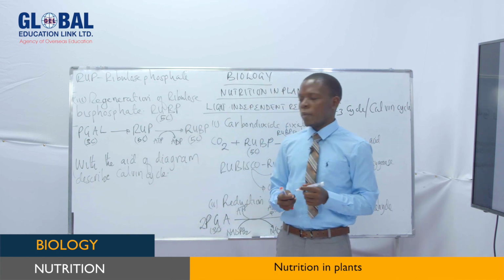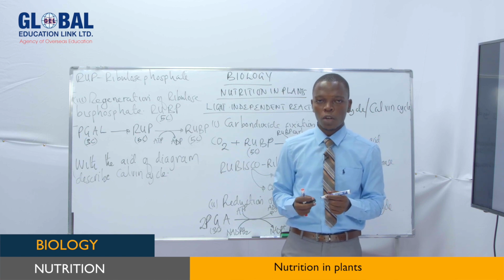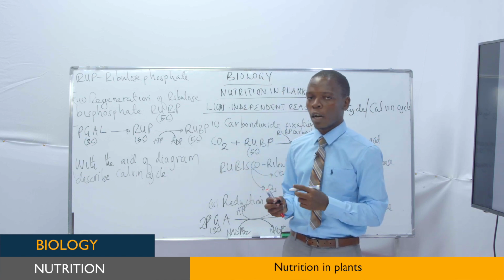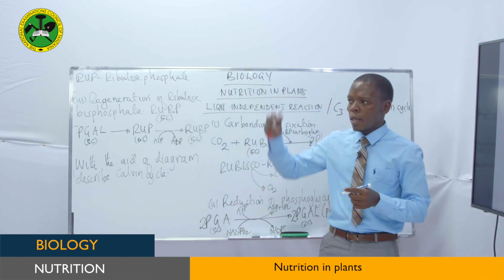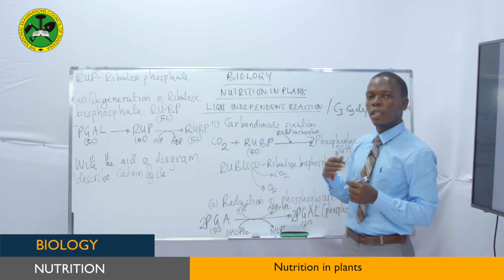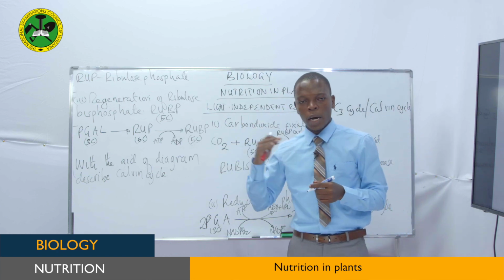With the aid of a diagram, describe the Calvin cycle. Therefore, the answer will be based on the process of light-independent reaction from stage number 1 up to